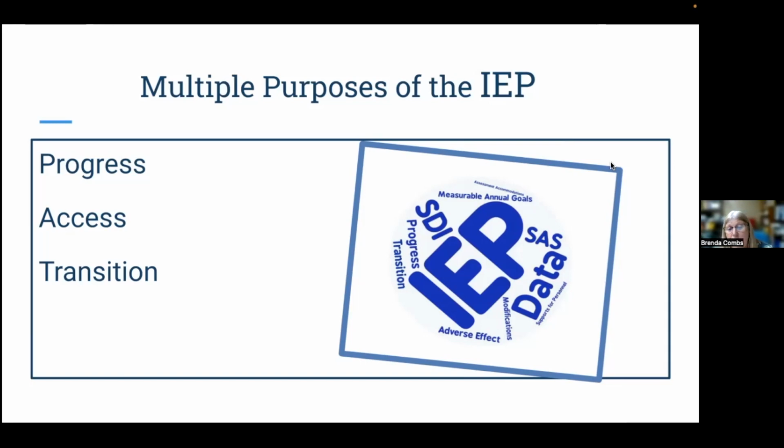Now, transition, there's so many different things about transition. We transition from preschool to kindergarten, then the middle school and then to the high school. So we're doing a whole lot of transition pieces just to make sure that they are getting the proper direction. We want to make sure they understand all those three things. And within your IEP, all those pieces are listed there. So we want to make sure that all those three pieces are done and done correctly.